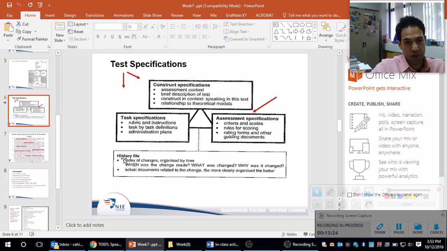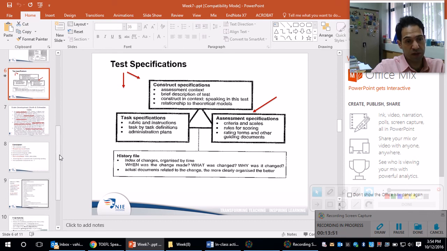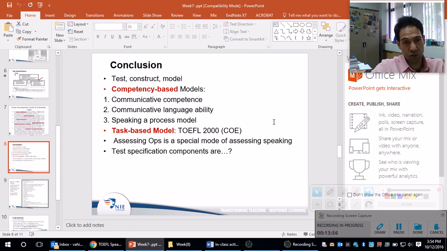Of course, you're going to keep a history file where you say, okay, on this date, what I changed was this, and the reason is this. Then you're going to have a dynamic and evolving test specification document, and every change, the date of the change and the reason for the change is clearly documented by you, which is going to help people who will use it in the future. And last but not least is a conclusion,